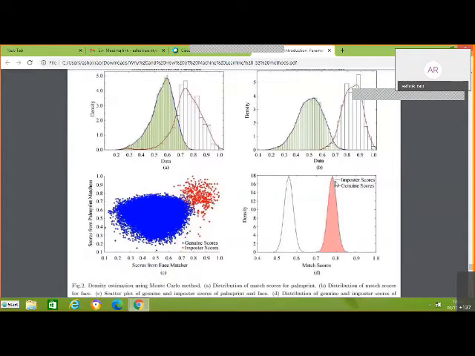Genuine imposter score is here. Genuine scores are there. I basically want a good separation between the two. It's like this here. You see, I want all the blue separated from red. Okay, blue are genuine scores. These are imposter scores. I want a clean separation. You can see here, I cannot put any number of lines to separate. Any number of lines I put, this red and all is completely enmeshed in that.